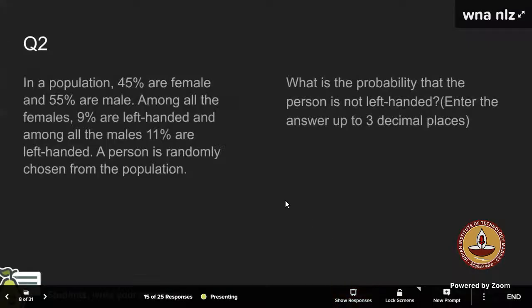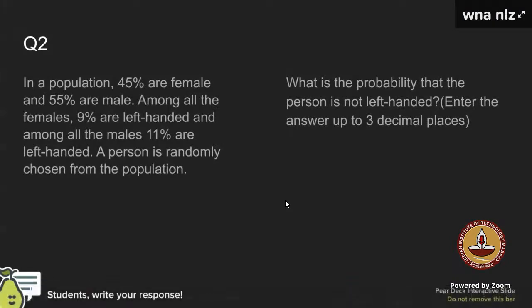Okay, before that, can anybody tell me the approach? For example, you are given left-handed, not left-handed, but we already have the probability values for the left-handed. So it's easy for us to think this way: let us first find out the probability of all left-handed and then take the complement of it. It would be easier for us to solve it. Is this okay for all? Yes, sir. Approach. Yes.